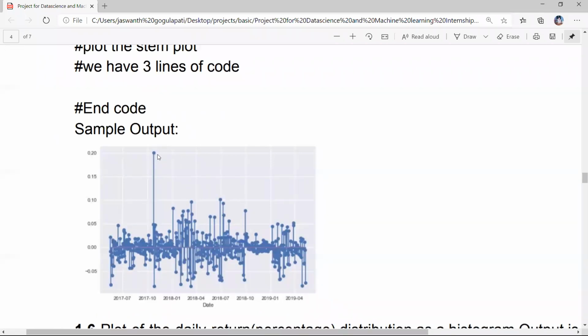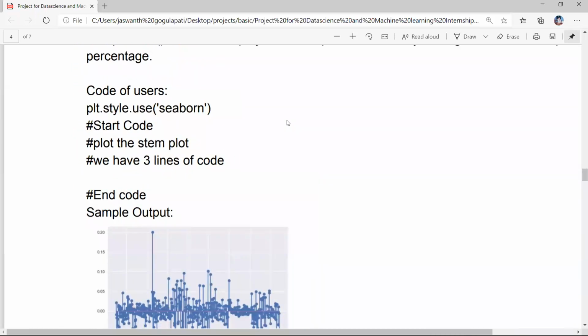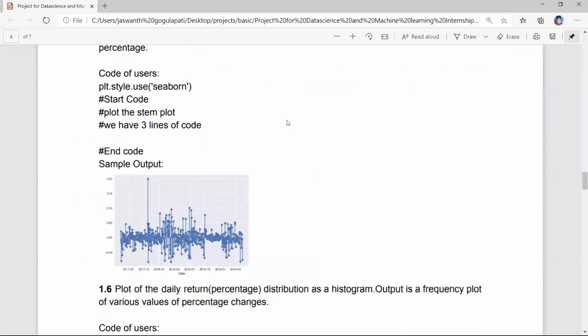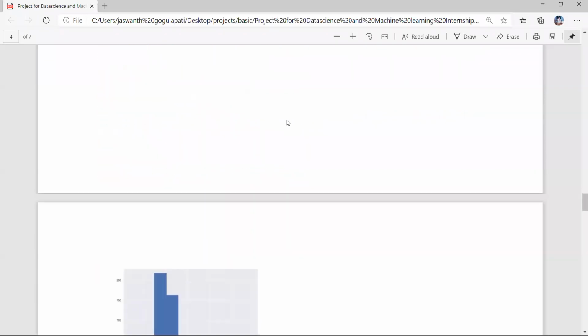This will happen when the close price between the previous month and this month is very high. Means it's an unpredicted thing. It's called outliers in machine learning terminology. These outliers sometimes are good, sometimes bad. Majorly they lead to bad predictions. So by drawing the stem plot, we can know what the outliers are, or where the profits or losses happen more, like this. And we'll see the next question.